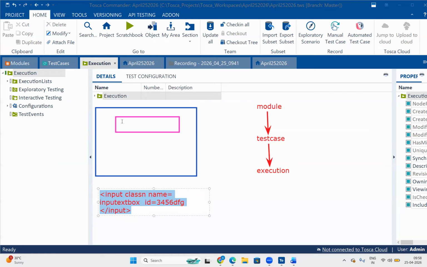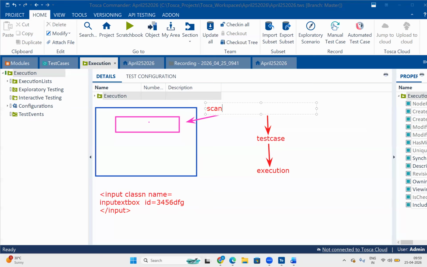Now, to identify this particular text box, we take the help of this code only. In this code, what things can we choose? One is the class name, another one is the ID. We can take help of the class name or ID to identify this one. But from a Tosca point of view, team, you need not check this code. If you want, you can, but we cannot check this code every time. So then how do we capture this text box's properties? We use the scan option. What is the option name?